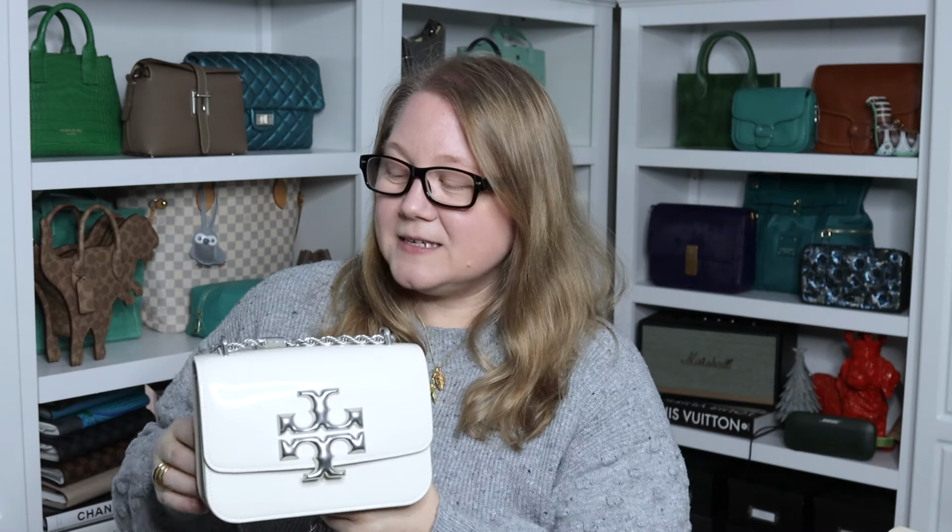That said, I'm already thinking that the larger size is going to work better for me, and I probably want the leather strap instead of the chain. As beautiful as the chain is, I think, well, it really depends on the bag though and the finish on the bag. So I take that back. It'll depend. Now let's talk authenticity, because when I was looking at this,